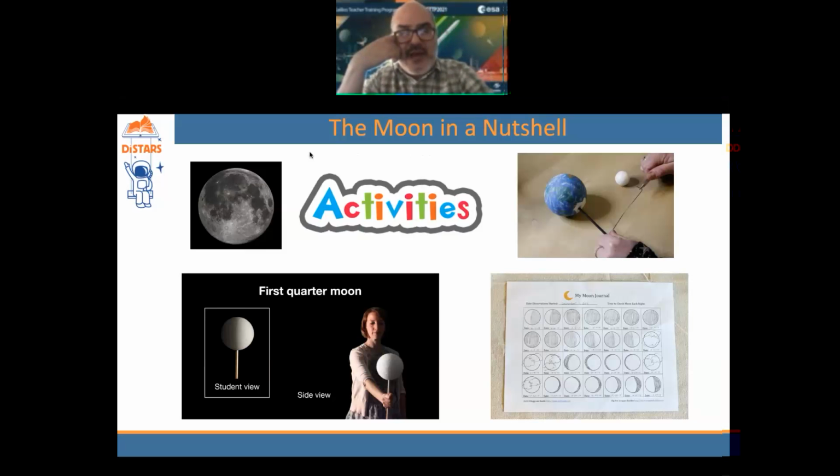We will provide some suggestions of activities, hands-on activities, both digital and old style hands-on activities, that will help the teachers to pass those concepts of moon phases or eclipses to their students.